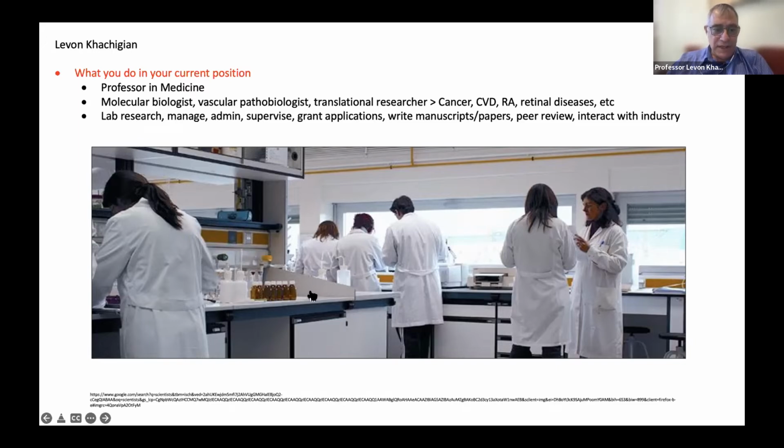So we conduct lab research, and in my current position, I manage researchers. I, like most researchers, conduct administrative duties. I supervise students and postdocs, that is, scientists who are comparatively senior after they finish their PhDs. I write grant applications. I look over grant applications by members of my team. And to